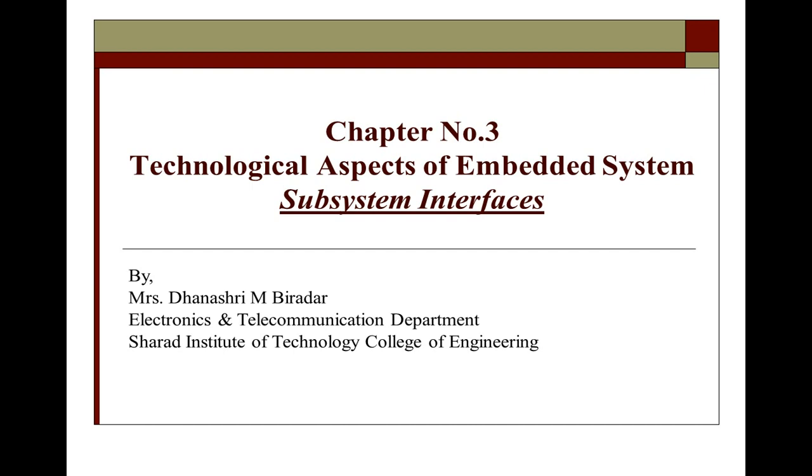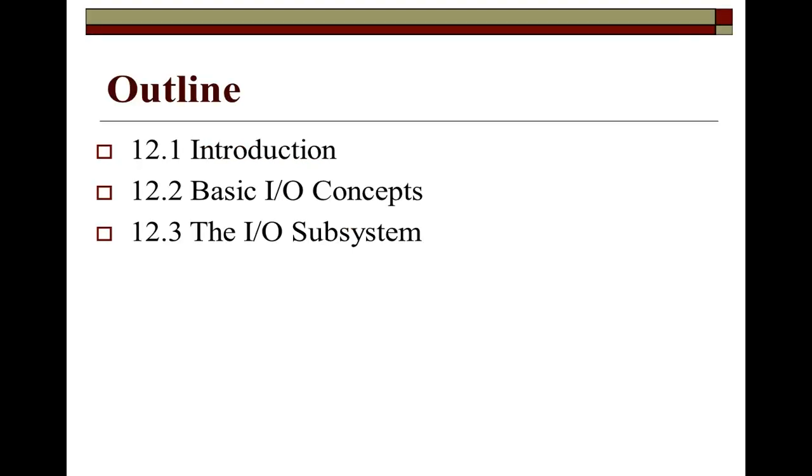Now, all these components we have seen: the signal conditioning, the processors, and how to convert analog to digital or digital to analog. But finally, what we need to do is interface these systems to some hardware or software or some other connecting devices. That is nothing but what is called interfaces. So let us see what we mean by subsystem interfaces. Subsystem interfaces is nothing but the input output devices connection. We are going to see this in detail.